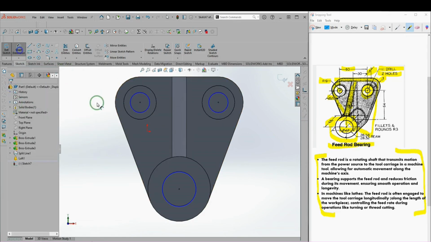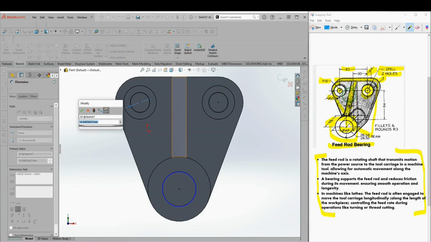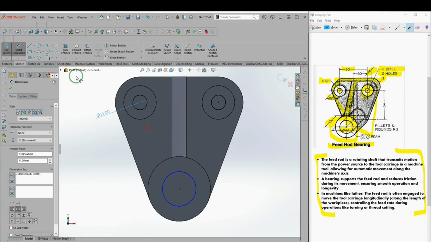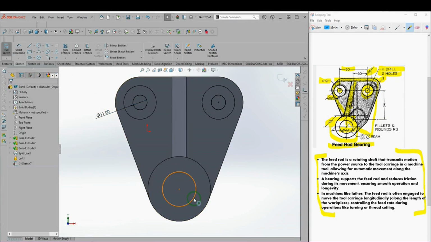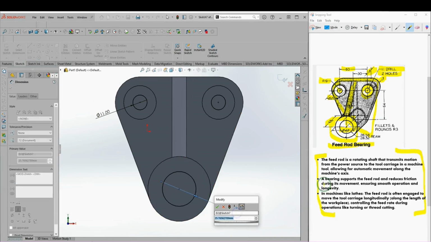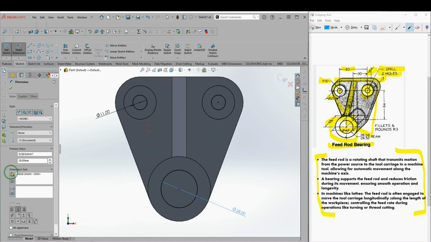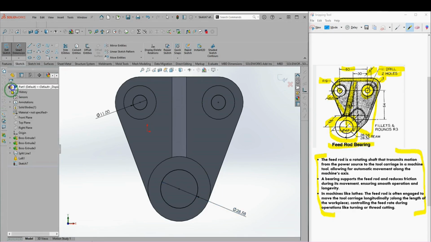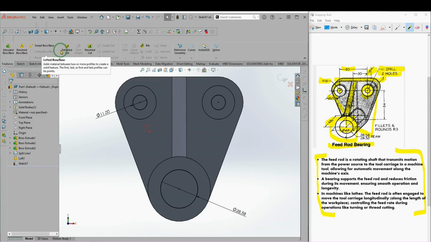Okay, now we can add dimension. So dimension of 11 diameter. Okay, select OK, and this circle, the dimension is 28.58. You can also enter value here, 28.58. Select OK. So now we use extrude cut,